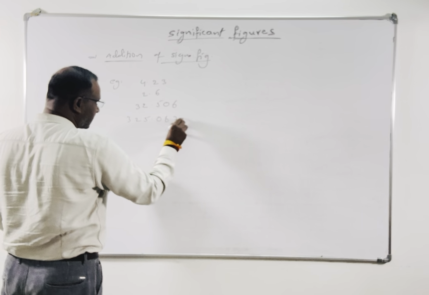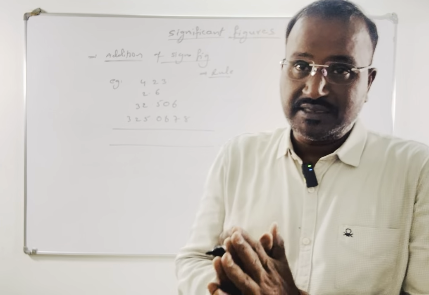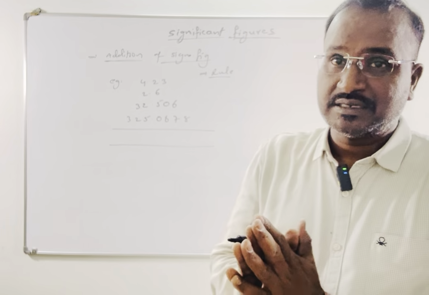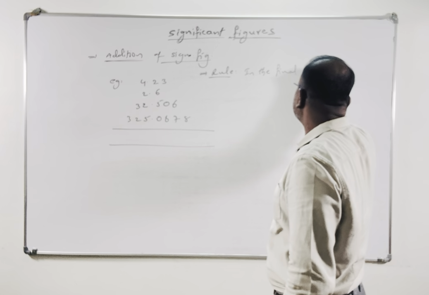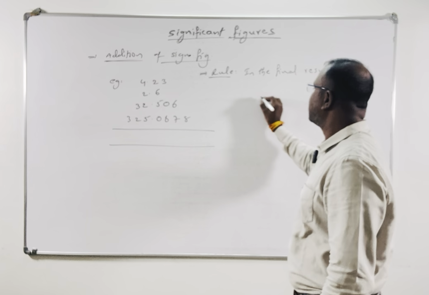So in this addition, we have to know the rule. What does that rule mean? After addition, in the final result, the number of significant figures